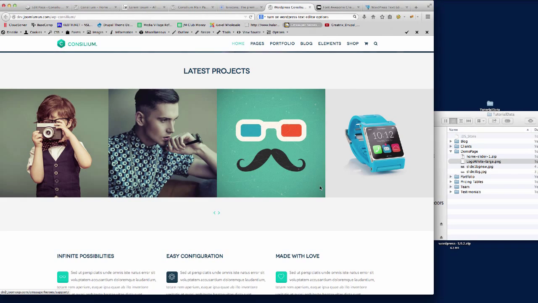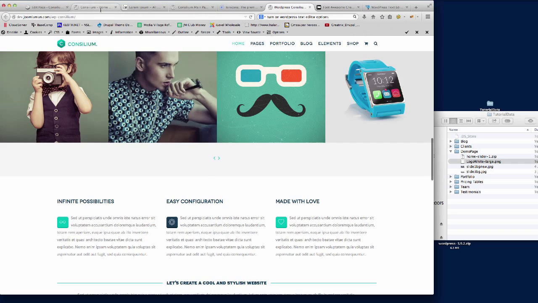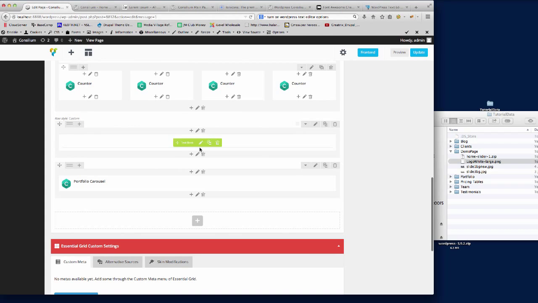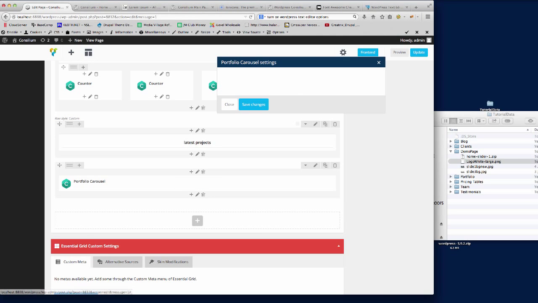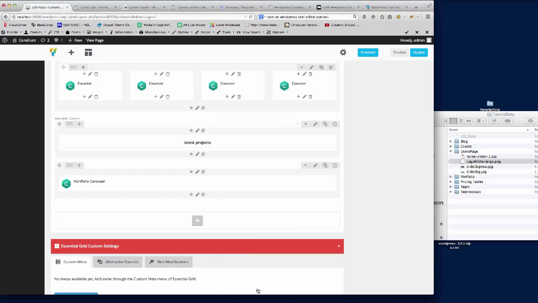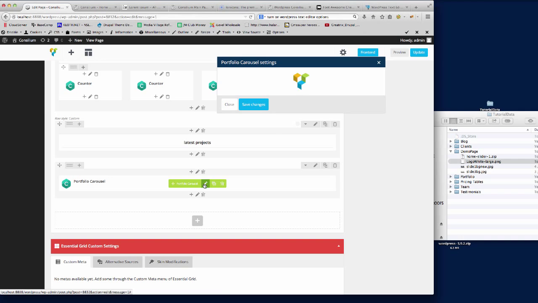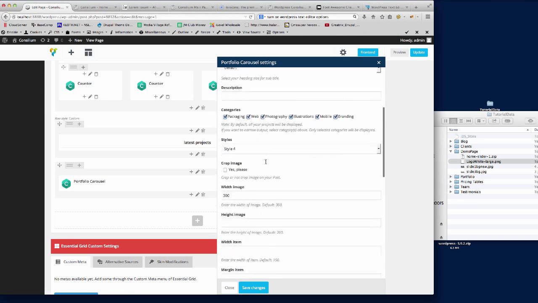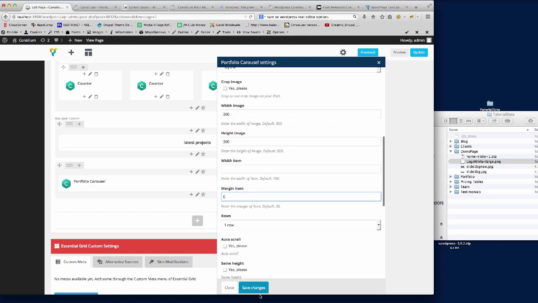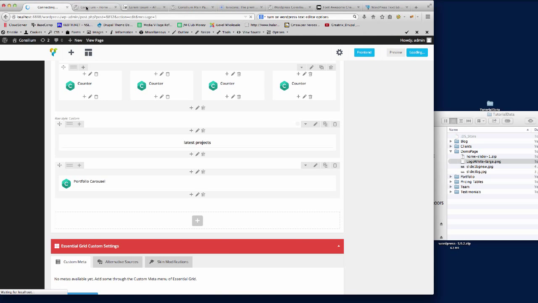So the next thing I'm going to put in, we've got the navigation if we want to turn it on, so let's try and turn that on there. So just get down to portfolio carousel, navigation, yes, so if we save that, and then let me just edit that again. So I just want to change the height to 300, and then the margin, I want to set that to 0. So if we save that and then update that,